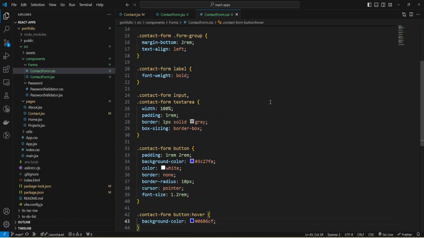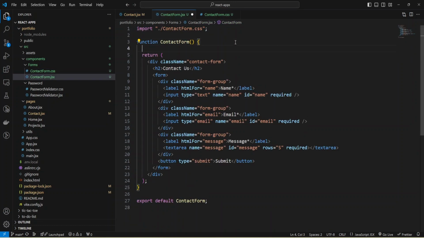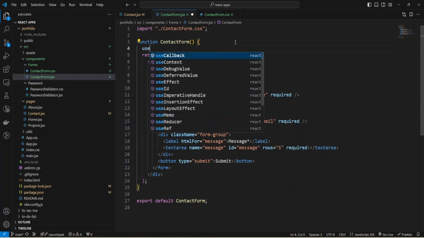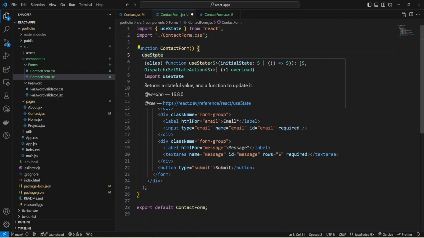For that, I'm going to modify my contact form JSX and provide some state. We need to keep the values of input and text area and send them to email.js by pressing the submit button. First of all, I need to add the hook useState. As you can see, the import was added, and useState returns a stateful value and a function to update it.